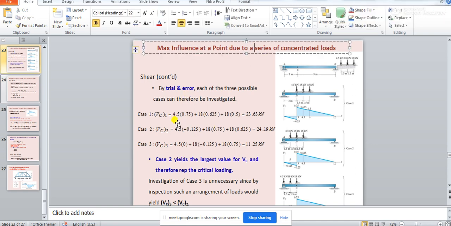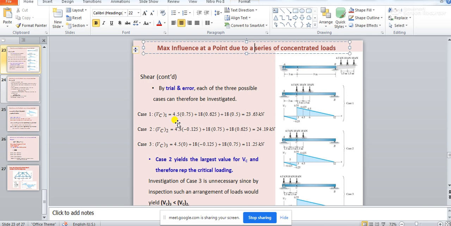Okay, see, actually we are discussing this maximum influence at a point due to a series of concentrated loads. And in the previous class, we have seen how to find the maximum influence using the trial and error method. Now, in using the trial and error method, what we have observed is that for trial and error method,